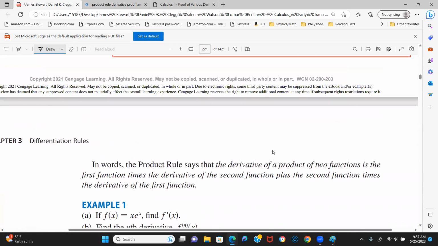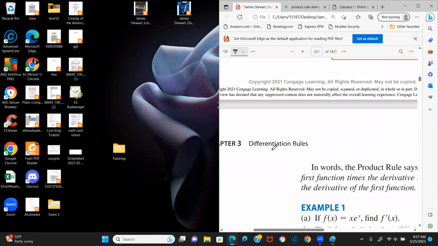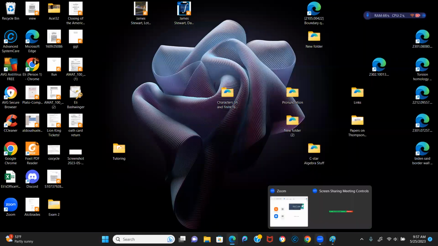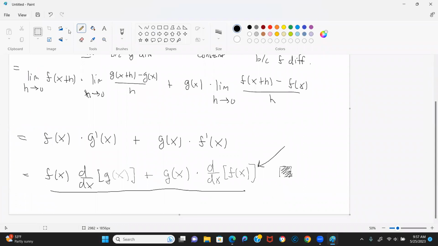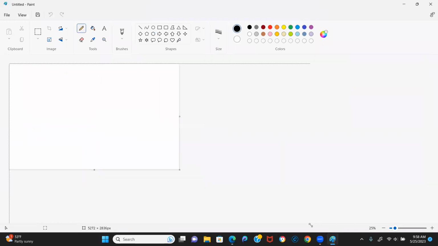So let's look at some examples. Let me pull up the paint. I guess I'll just do a new file. I don't want to save. All right, so let's look at this example here. We have example one. If f of x is equal to x e to the x, we want to find f prime of x. Wow, this is a lot smoother than OneNote. So this is part A, and then part B is